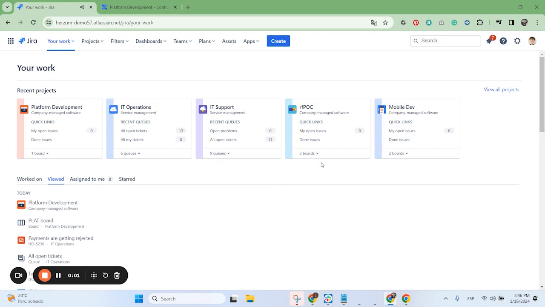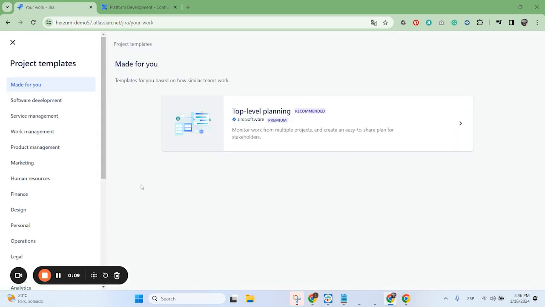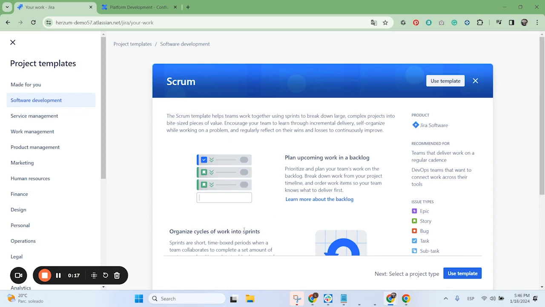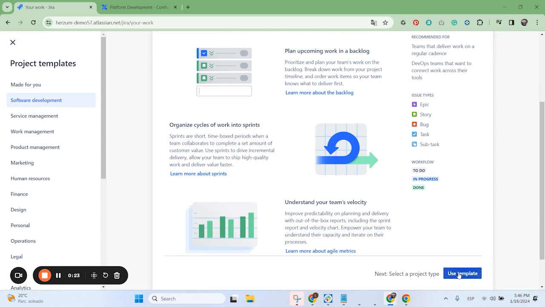Now I'm going to show you how to do the integration for a brand new Jira project. So from the home page, go to Project and select Create Project. Here you'll see different options of project templates. For my case, I'm going to select a software project and a Scrum project. Here, I will be able to see some of the predefined configurations that that project will have. I will select Use Template,